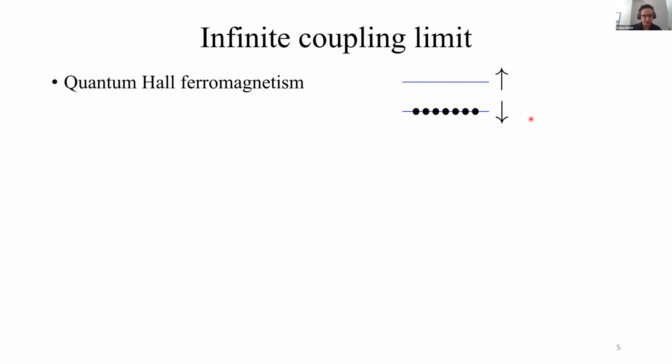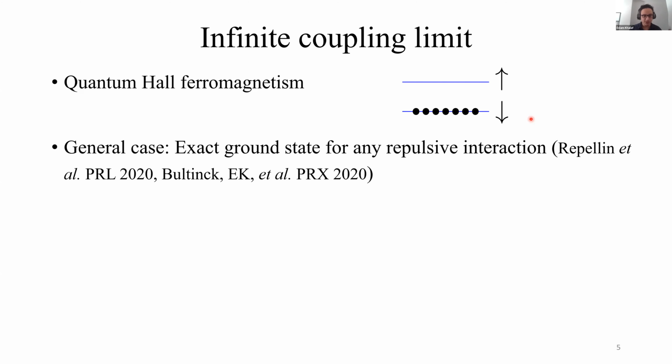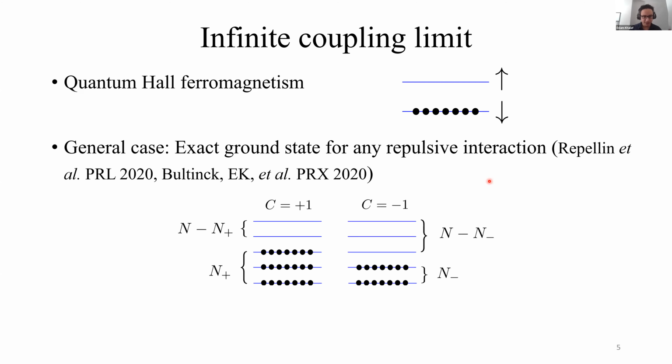And as it turns out, this argument can be generalized to our system, if we have these two Chern sectors with any repulsive interaction. But of course, in this case, we will get a largely degenerate manifold of ground states. So first, we have to select a number of states to fill in the plus Chern sector, a number of states to fill in the minus Chern sector, such that the sum of them is equal to the total filling. And this would give us a state that has a Chern number n plus minus n minus. But then within each Chern sector, we also have a freedom because we can rotate these states among each other.